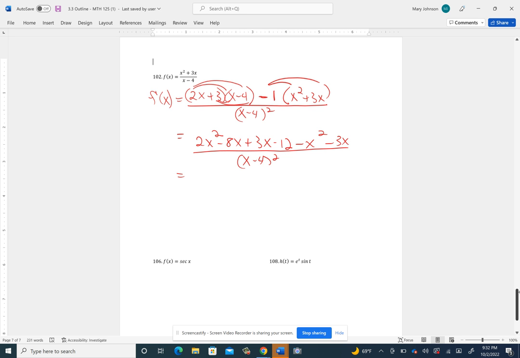Normally, we don't ever multiply the denominator out. We just will collect our like terms. So we're going to wind up with an x squared, and then the 3x's cancel, so we'll be left with minus 8x minus 12 on top. Normally, we wouldn't multiply out that denominator,